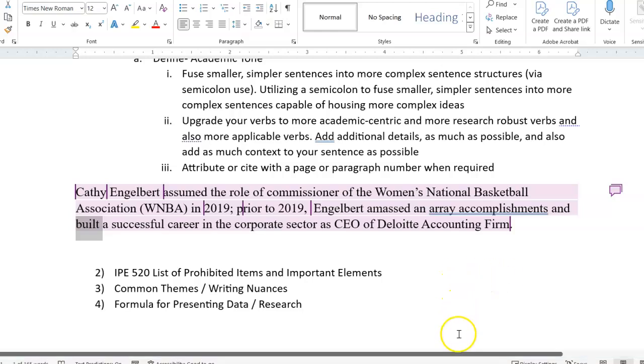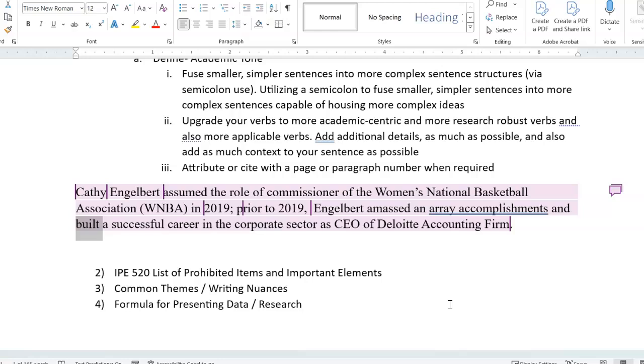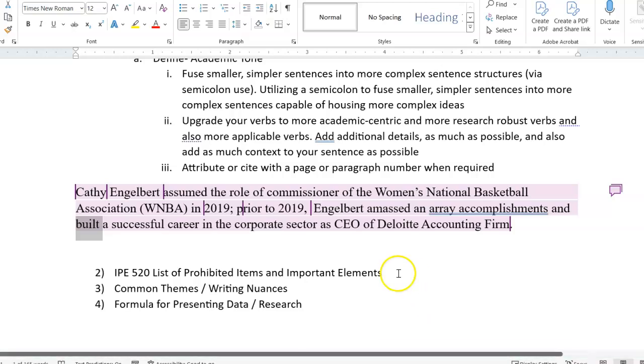You want to show that you have a mastery of the language in translating your ideas to get your points across, right? So instead of "built," what other verb can we use? So I would say an array of accomplishments and